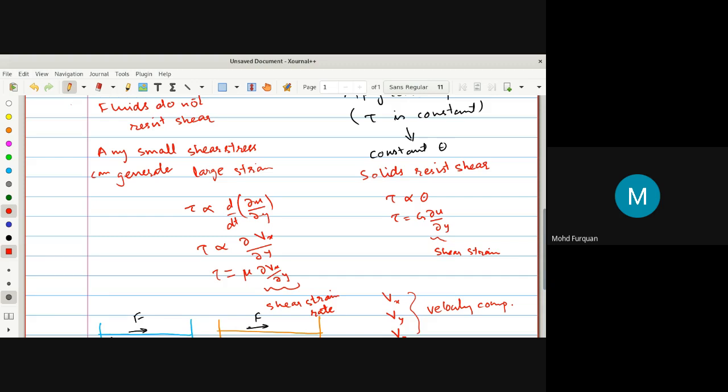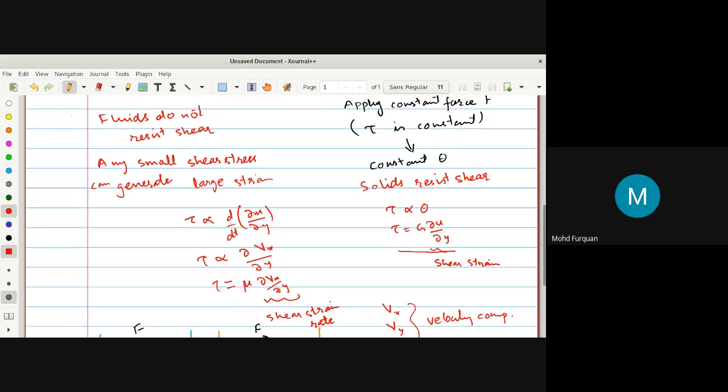So what I was saying is, you know this relation du by dy. This you have studied in your strength of material. But you can't define du by dy the same way here. I am talking about u as displacement, not as velocity. Keep that in mind. So u is your displacement and v is your velocity. This u is displacement in x.